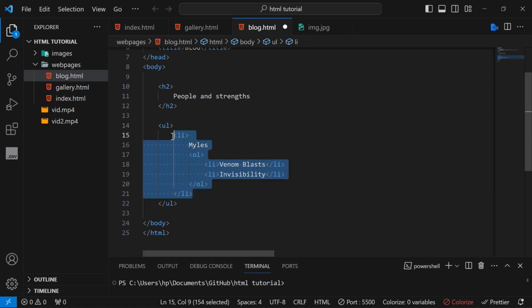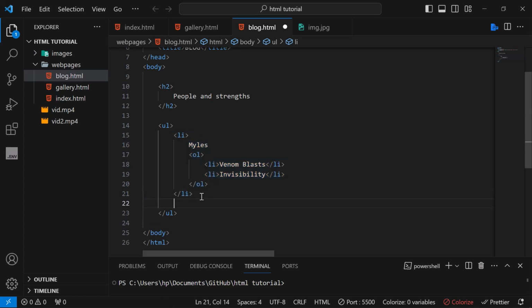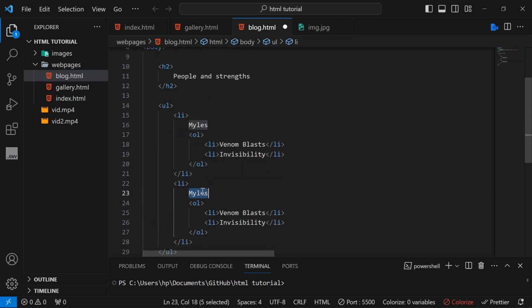I'm going to duplicate this and repeat it for the next one. I probably butchered this spelling, just ignore that. And then